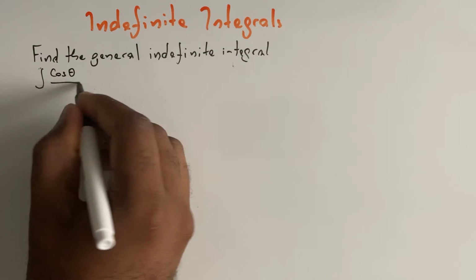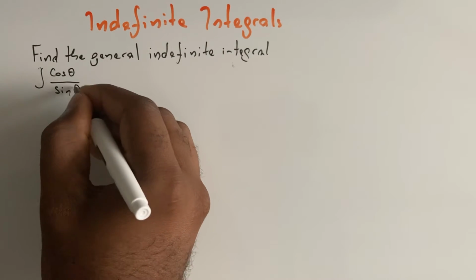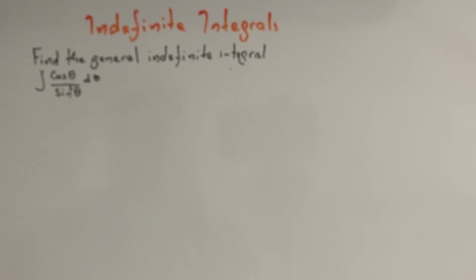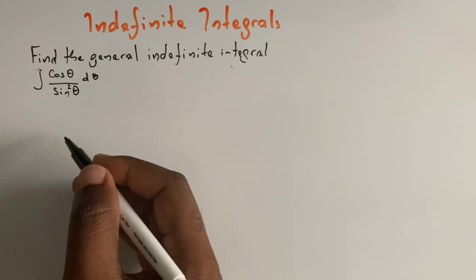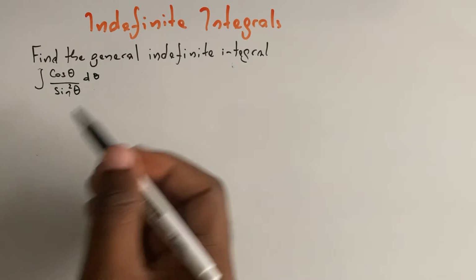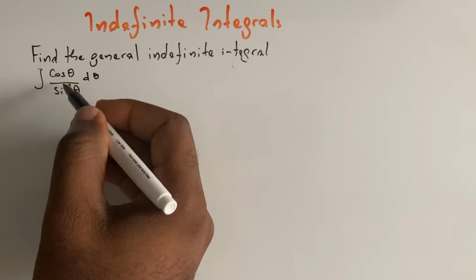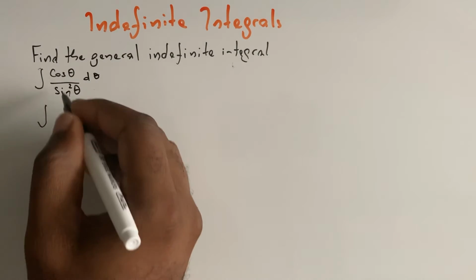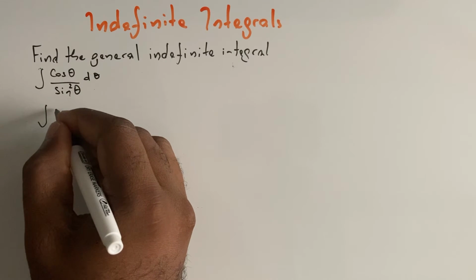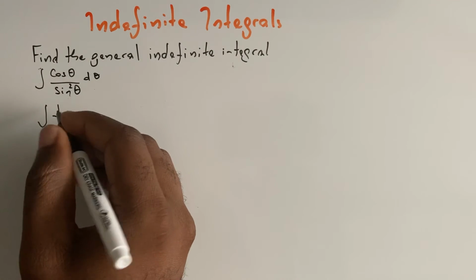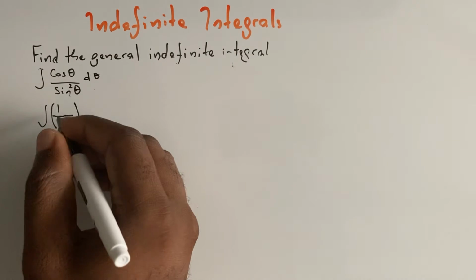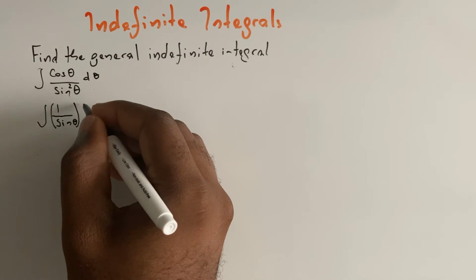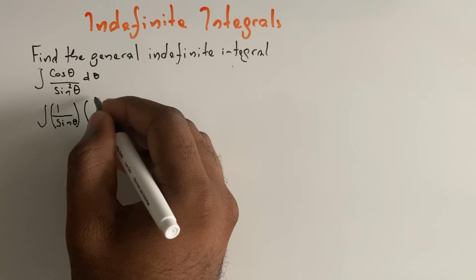theta over sine squared theta. Okay, so if you need to evaluate this one here, you will have to try to rearrange it first. Because this, you don't know it from the table, but what if we try to rearrange this? So we can rewrite this as, for example, 1 over sine, because we know what that means. 1 over sine theta. We can do this times cosine theta